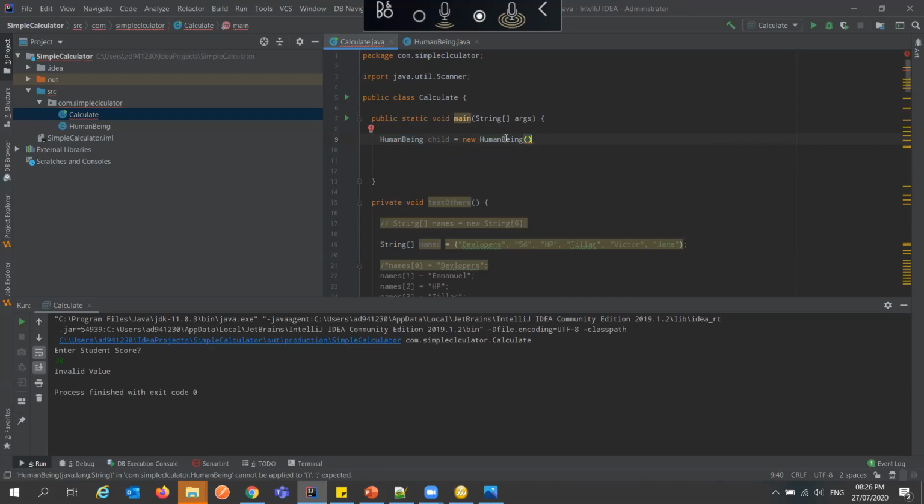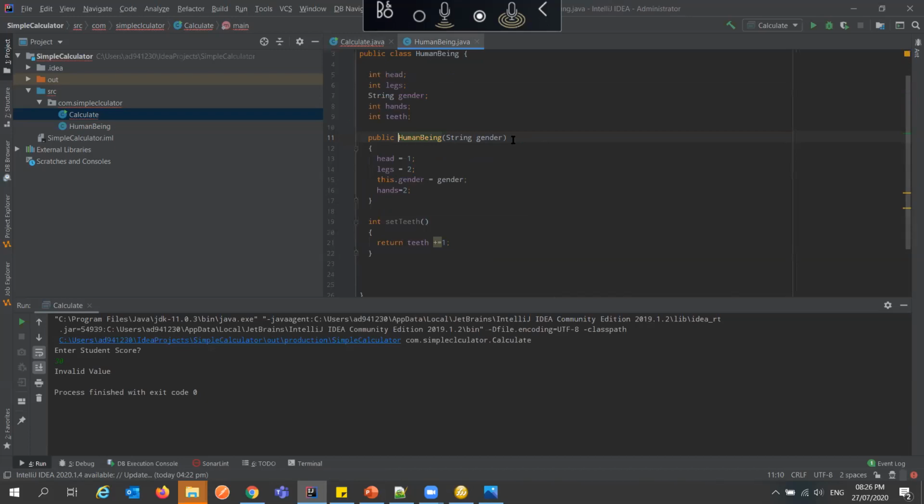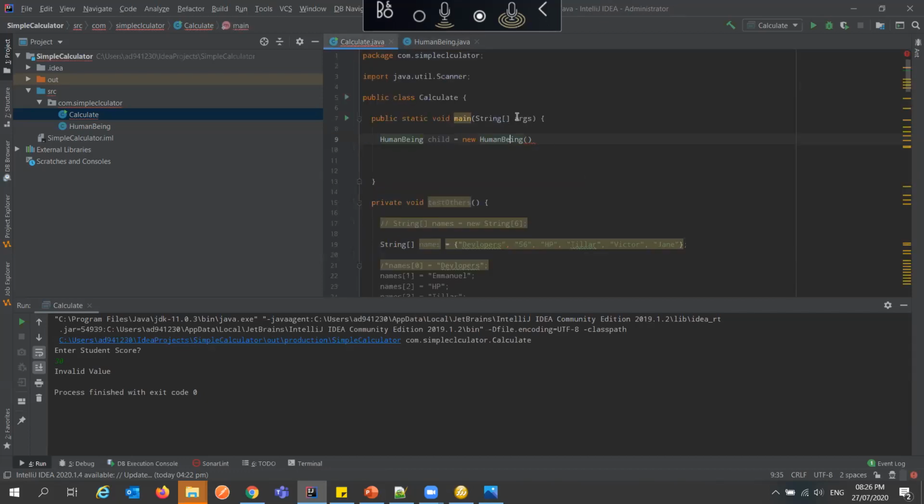So it's a constructor. That is, I'm trying to create a child from the woman or the human, and I need to set some constructors. I need to set some values for him. Okay, so this is where I determine whether it's going to be a man or a woman, because this one is expecting me to pass something, the gender. In this place, this is where I determine the destiny of the child. I say it's a male.